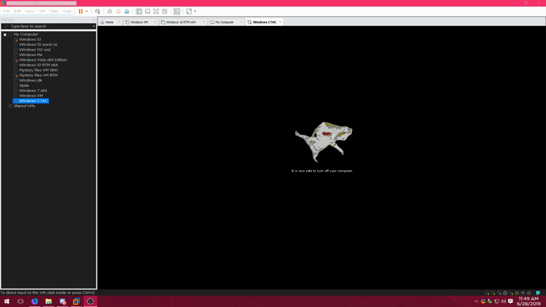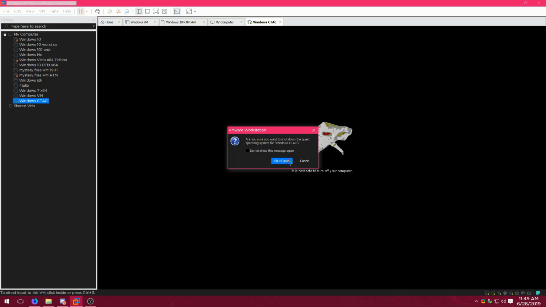What? This isn't Windows 98? What is this? I guess maybe XP can do it, but it's a setting? I've never seen it. I remember when they used to do this, but it's weird, it turned off the CPU. Apparently when it does this, it turns your CPU off and you turn the computer off manually. That's strange. So now I'm just going to have to go here and do shutdown guest.